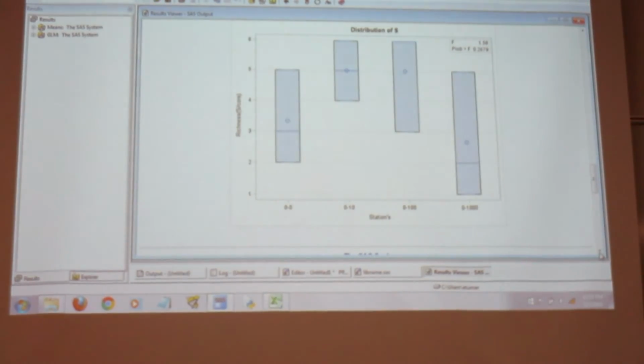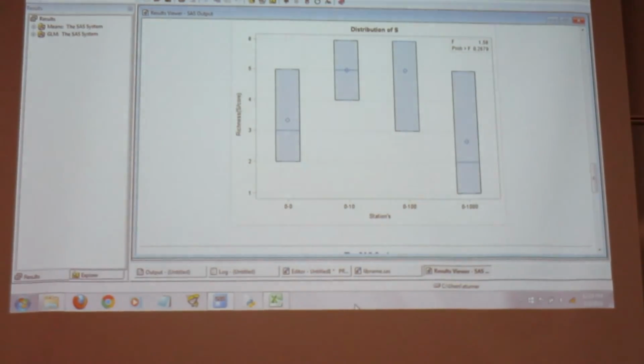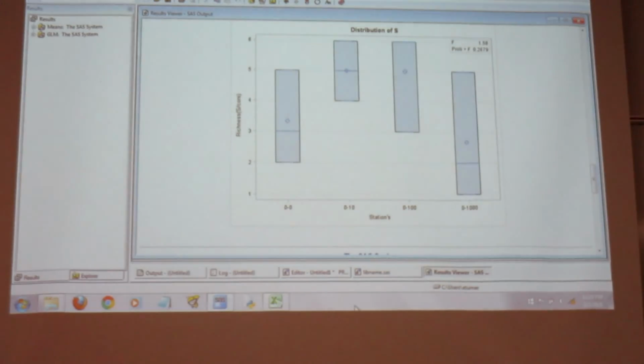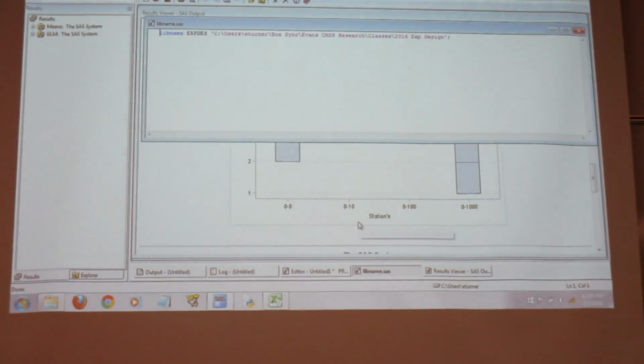So that's it. All that to do what we need to find out. Just per core, per station, what was the number of individuals, and per meter squared, and then the richness. So, all right, I'm going to save that program when I get back.